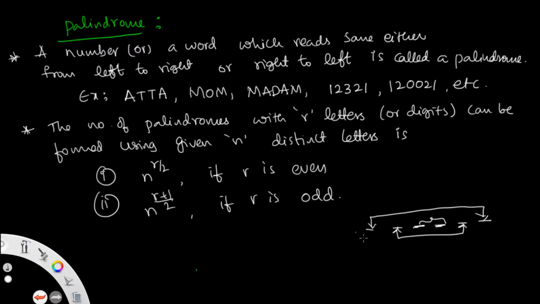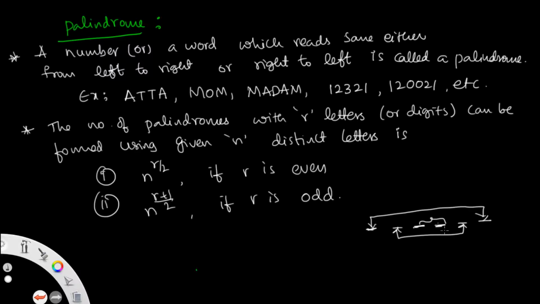If the first place is a number, take it as 1, or any number, the last place can only be filled with the same number. Whatever number we take for the second place, the last-but-one place must be filled with the same number, and the third place can also be filled with the same number. This is the way of filling in the palindromes concept. These two more questions come in the examinations.